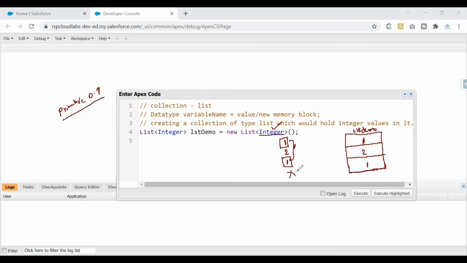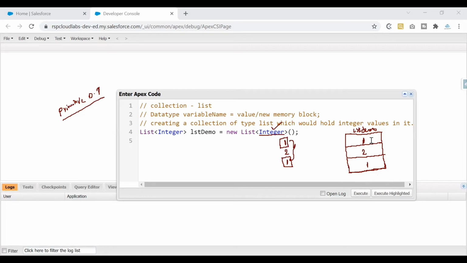So let's say if I have another value called 4 that I need to add to this collection, this collection would expand its size to hold on to the new value that we are adding, right? So this is how it would behave. I removed this value 4 because I wanted to keep this simple and help you understand how exactly our list would behave. Now on paper, it looks good.